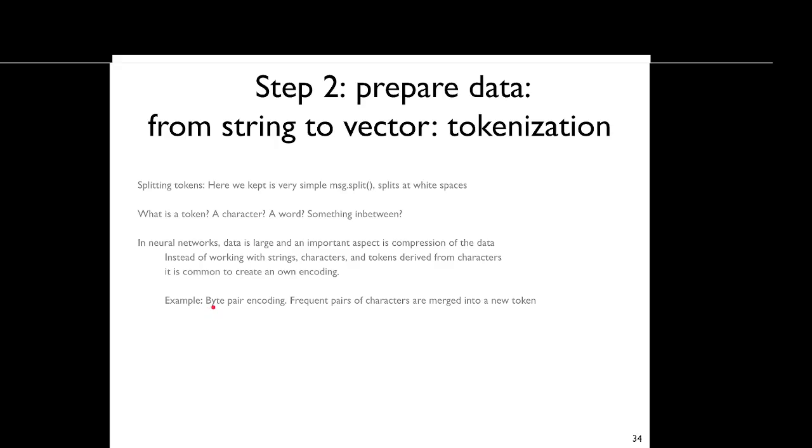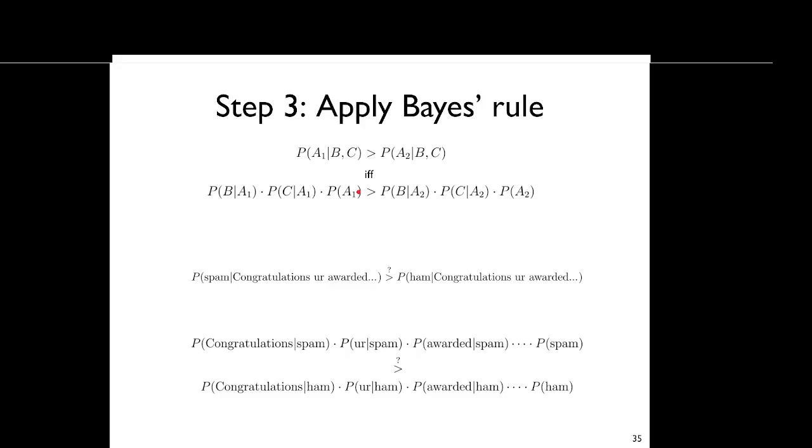It's quite interesting. You actually take an encoding that is sitting somewhere between characters. It has aspects of characters, but it also has aspects of words. For our case, as I said, we just do something very, very simple. We just say we deal with words which arise from splitting at space and new line and so on. Okay, so with that, we can come to step 3, and that is we finally apply the Bayes rule